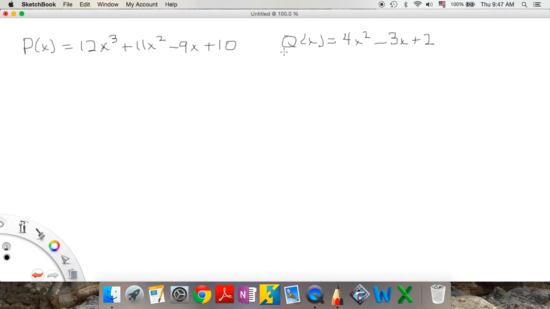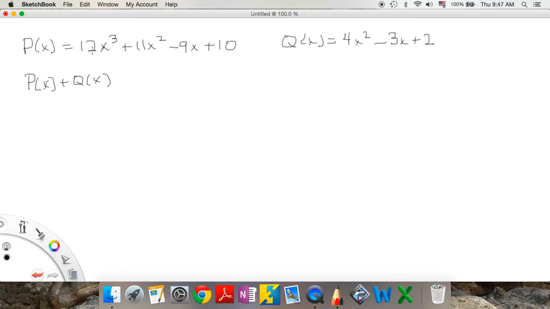So those are two different polynomials, examples of them. We can add, subtract, multiply, or divide polynomials any way that we need to. For example, if we want to add these together,